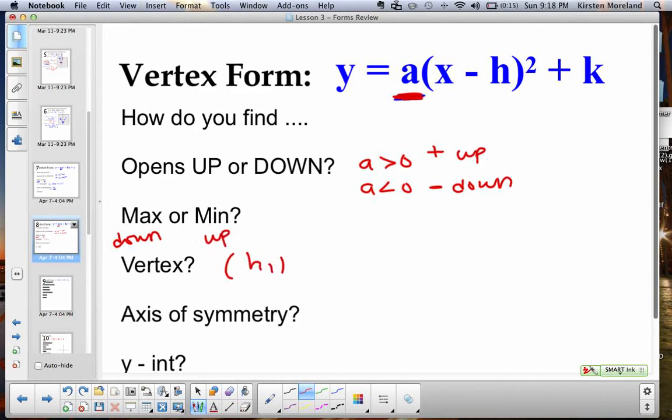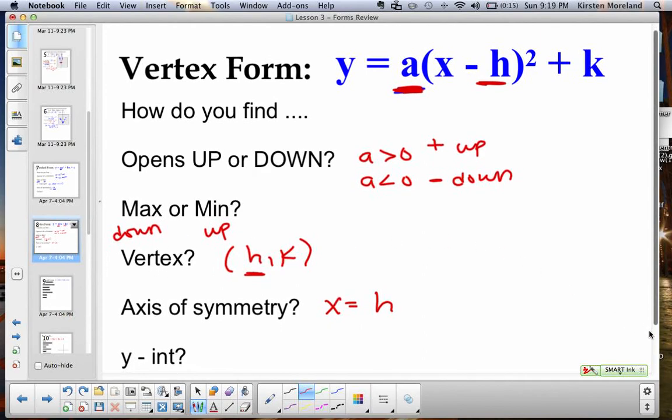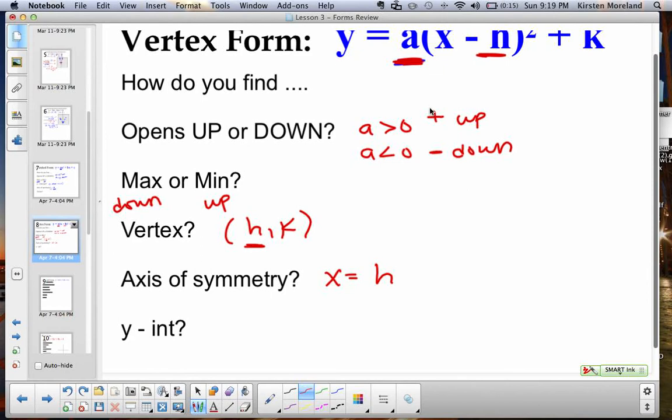The vertex is the ordered pair h, k. Remember that inside one is the opposite. The axis of symmetry is just the x-coordinate of the vertex, which in this case we're calling h. And I know this is going to feel a little bit like alphabet soup. If this does not make sense to you, it's just fine. I'm never going to test you on this as long as you can know what it is when you get